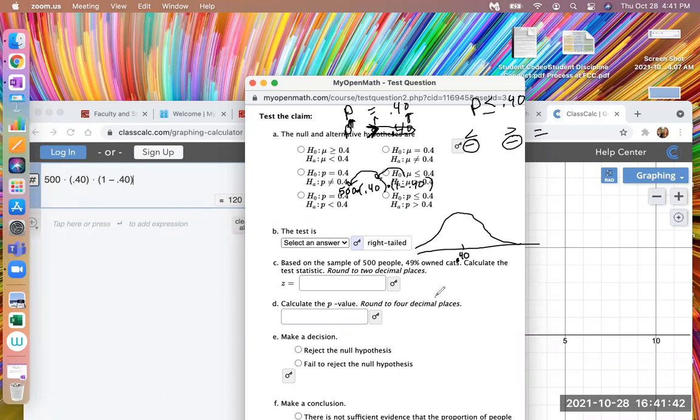Remember that the mean of that distribution is just equal to the population proportion, 0.40 in this case, and the standard deviation of the sampling distribution of the sample proportion is equal to the square root of p times 1 minus p all over n, I believe, right? Isn't that the formula for the standard deviation? I'm not going to worry about calculating the standard deviation, but I am going to place the mean just so I know where it is. But then 0.49,